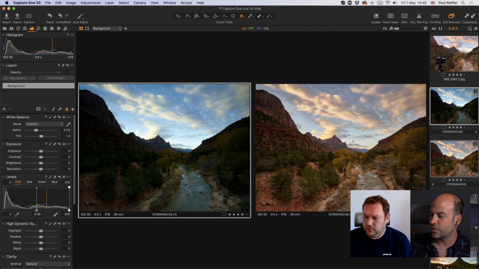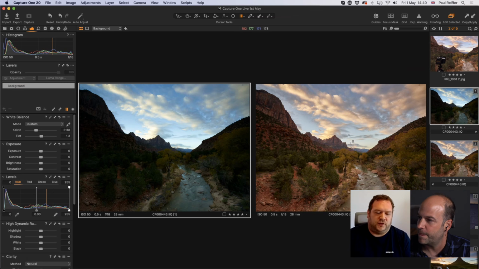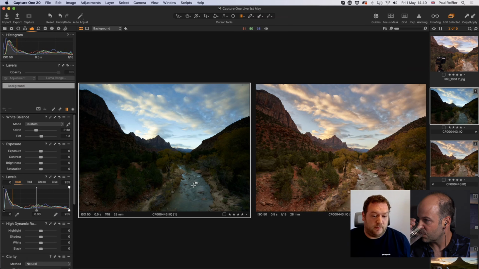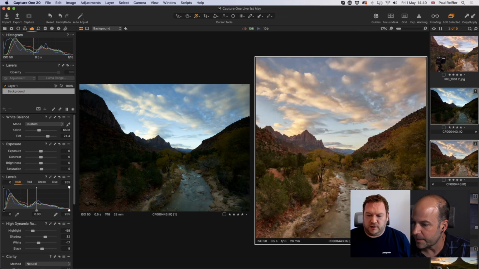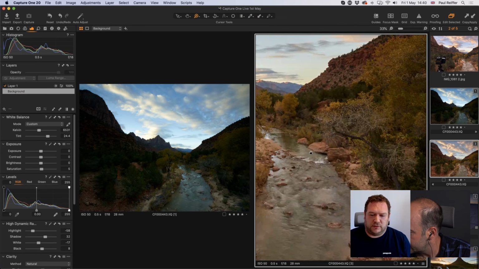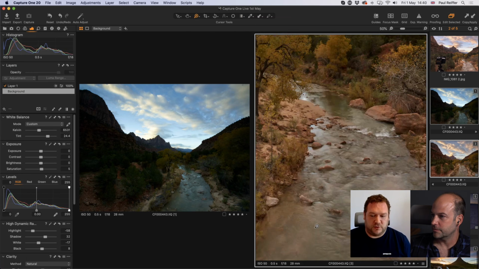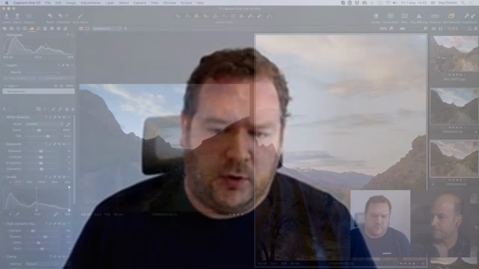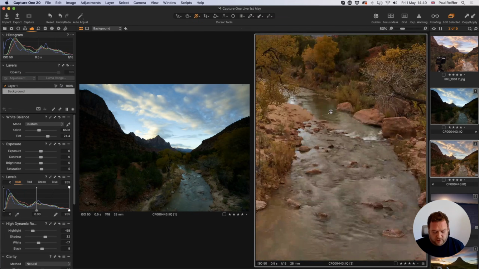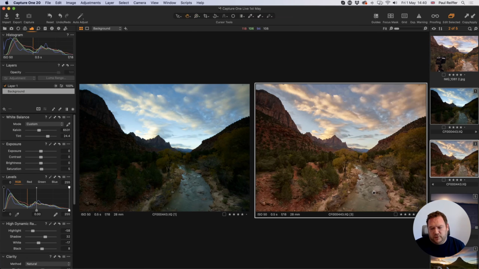So could you have got away with shooting that without the filter, or did it still have a benefit in that respect? It still had a benefit. So certainly in terms of slowing down, we obviously want a little bit of movement in the water. I actually did another shot later on, which was about 2 minutes long, which completely flattened this water out. And obviously you've got a lot more movement in the clouds. But we want a little bit of movement in the water, so we got it up to